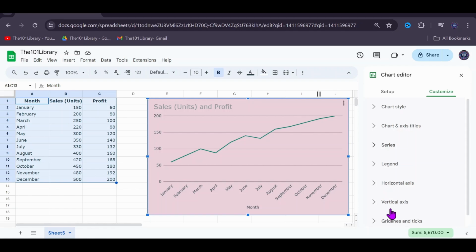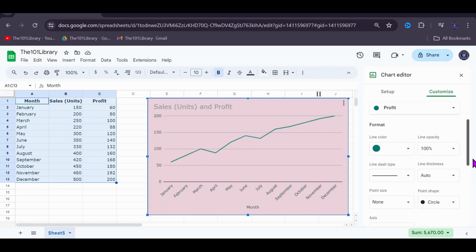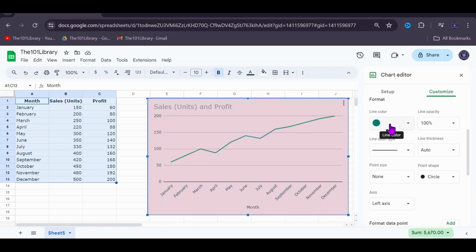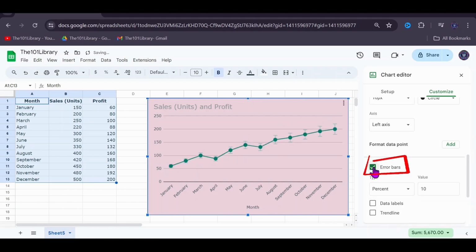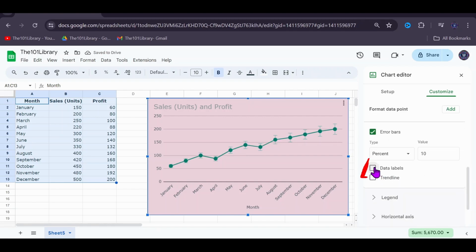To add error bars and trends, we have to click on the Series tab, and over here you could customize your line format, color, line type, and others. To add error bars, simply click on Error Bars here, and you could choose your error bars to be a percent, a constant value, or a standard deviation value. I'll leave it as a percent. You could also choose to add data labels,